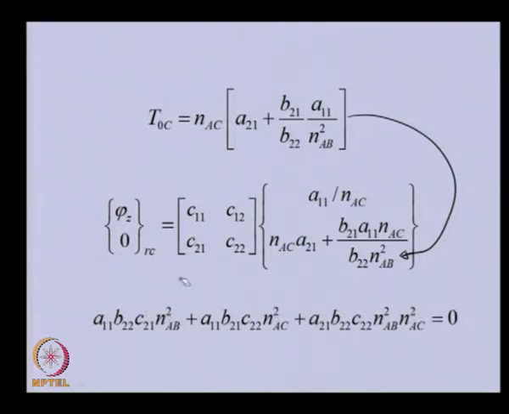So, basically these transfer matrix coefficients are functions of omega. So, this is a frequency equation basically, and we need to solve this using some kind of numerical technique which we have already explained earlier. This is the frequency equation,